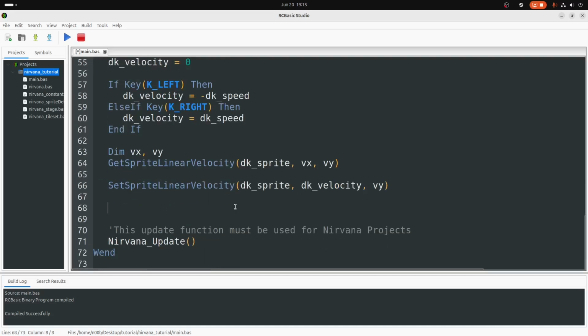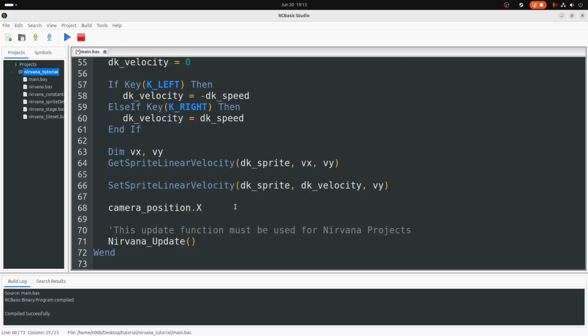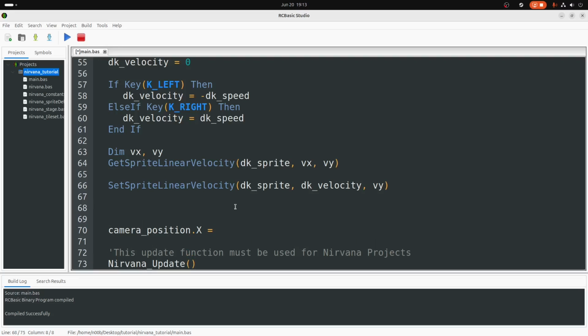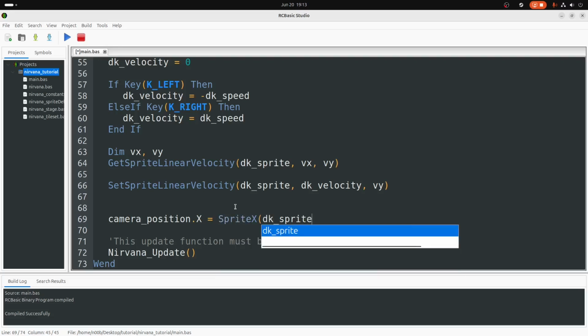We're going to have it set to camera position dot x should be, actually, yeah, so let's say sprite x DK sprite. So that would put the camera right where DK is, but we want DK to be in the middle of the screen. So we should take